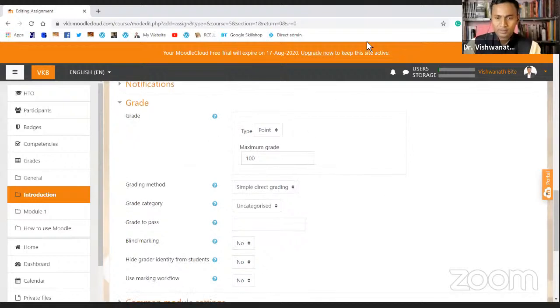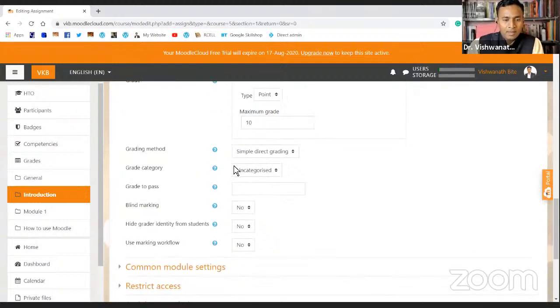Grade points, now this is an important aspect. And let me tell you how many grades that we want to give. Maybe it is out of 20. If it is some science practicals, maybe you want to set it for 20 or maybe 10 internal marks or something. Like I'll just say 10. Okay, so maximum grade is 10, or maybe 20, 100, you can choose any scale.